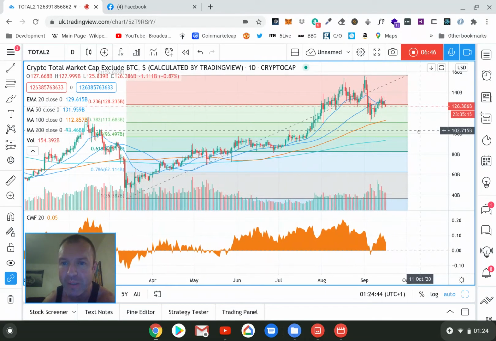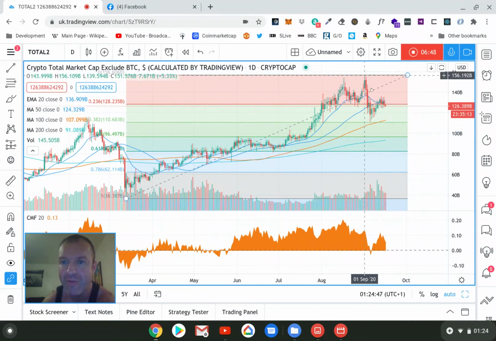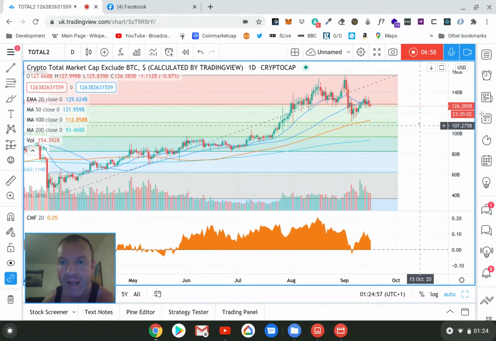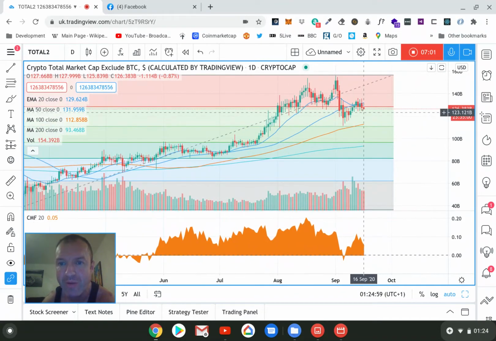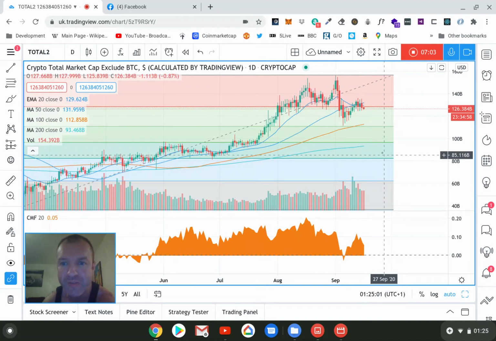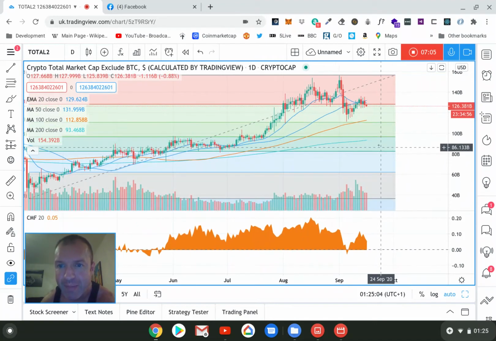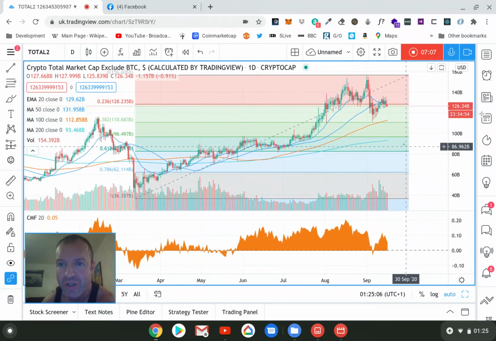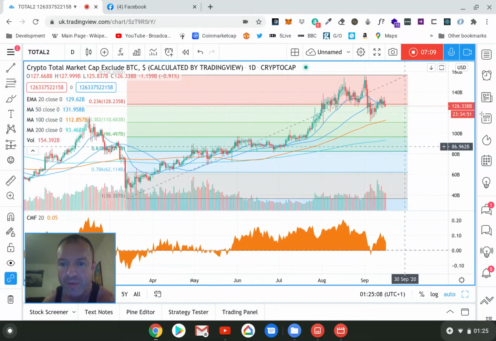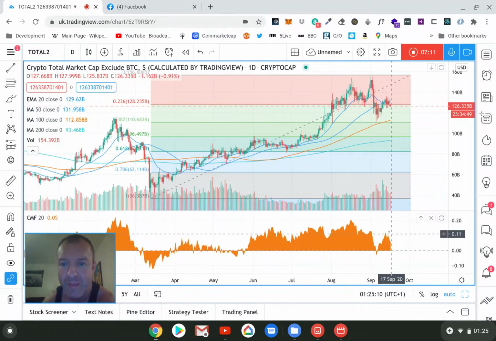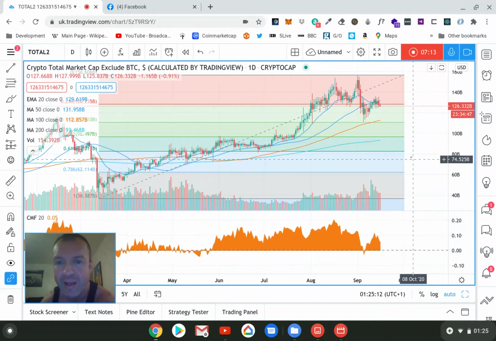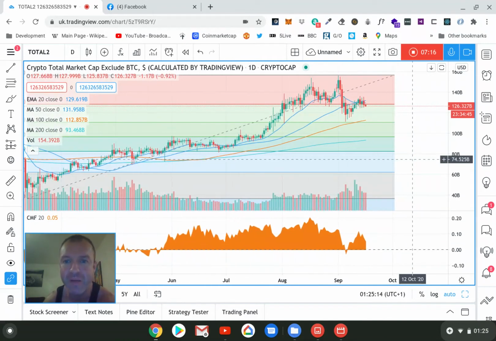I was thinking we could be going below 100 billion here, from highs here of 156 billion. I thought we might dip below 100 billion in altcoins. But no, we've come back up and we got above the 236 fib. But today, Bitcoin has reasserted itself, as I'll show you in a minute on the dominance chart. We remain positive in the CMF. I think there's more upward momentum to come here.